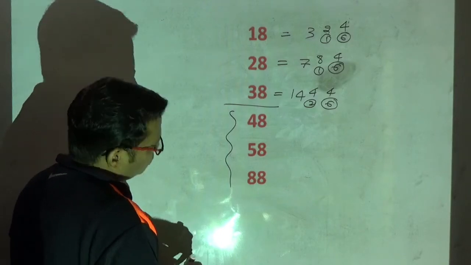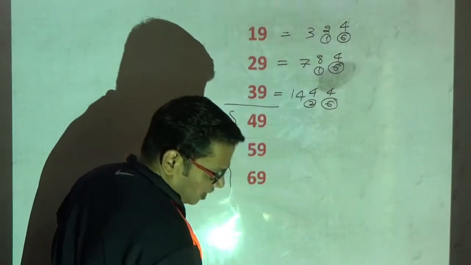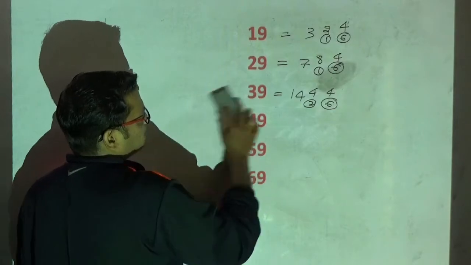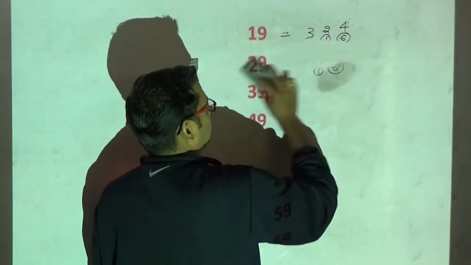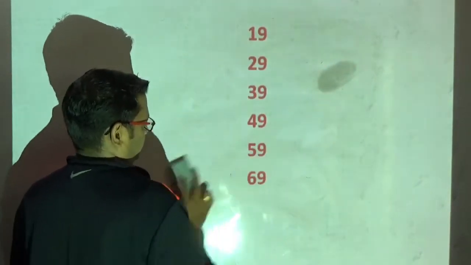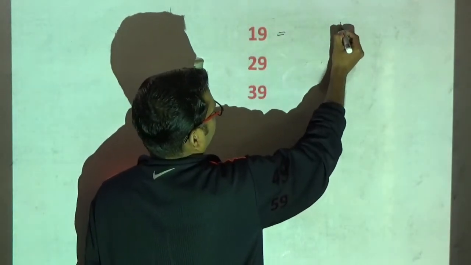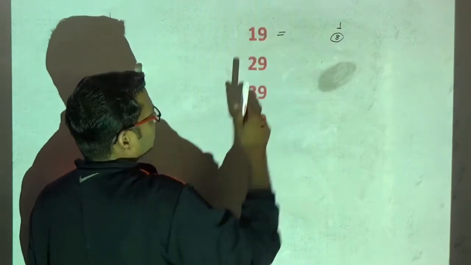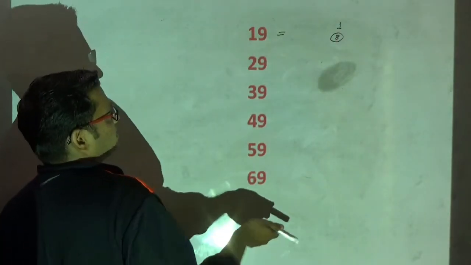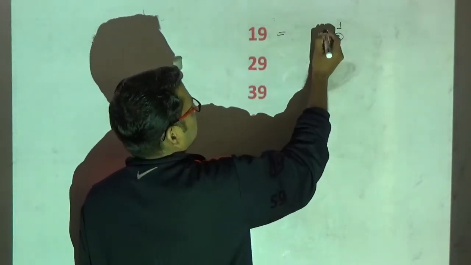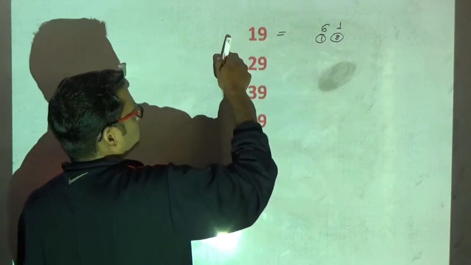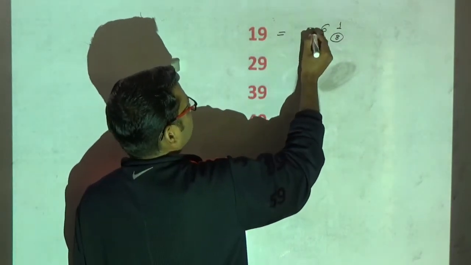Now I will show you how to do squaring of a number ending with 9. The same technique you can apply. 9 square is 81, carry is 8. If you double 9 it will become 18. Unit place is 8. 8 into 1 is 8. 8 plus 8 is 16. Carry 1. Next number is 2. 2 into 1 is 2 plus 1 is 3.